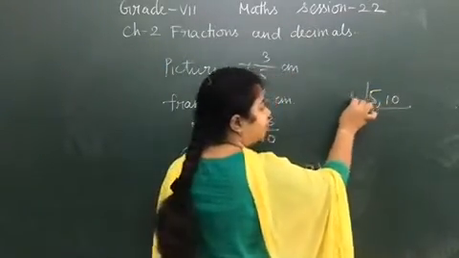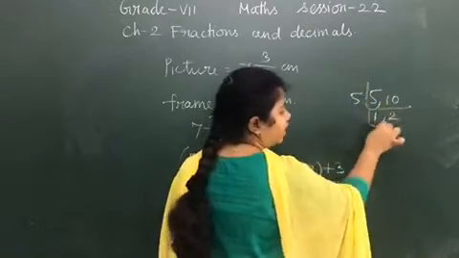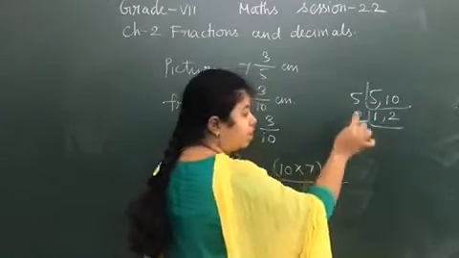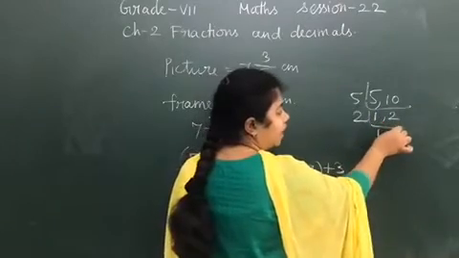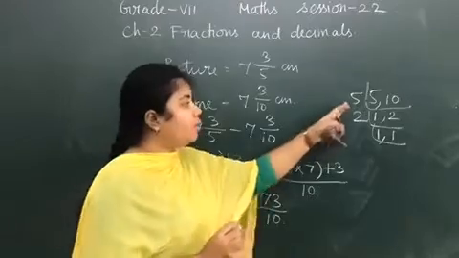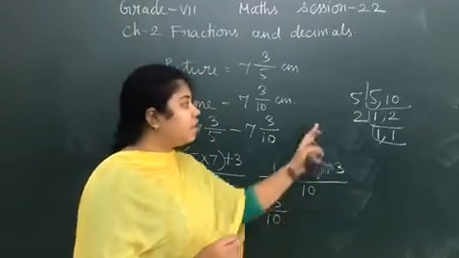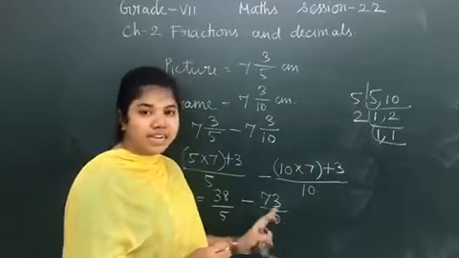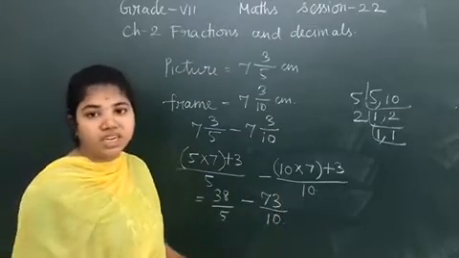5 is a prime number, 1 5 is 5 and 2 5s are 10. Again here 1 and 2 is there. So I can take only 2 table. So 2, 1 is always brought down. Again 1 2 is 2. So 1 comma 1, my LCM is got. Now 5 into 2 is my LCM. The LCM of 5 and 10 is 5 into 2, 10. Okay. Now let us convert each fraction with the denominator 10.